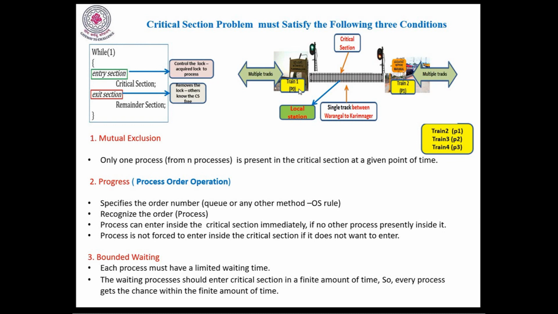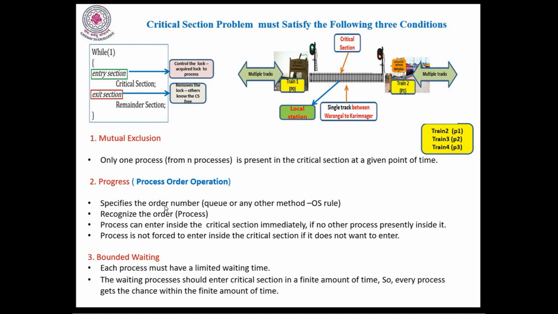While P0 is being processed, train 3 might submit a request for entering into the critical section. Train 2 is already in the queue. Next, train 3 is also requesting to enter into the critical section. Then the progress takes responsibility for deciding whether we need to permit train 2 or train 3. With respect to their importance, the progress will grant permission to either train 2 or train 3. This is the responsibility of the progress.